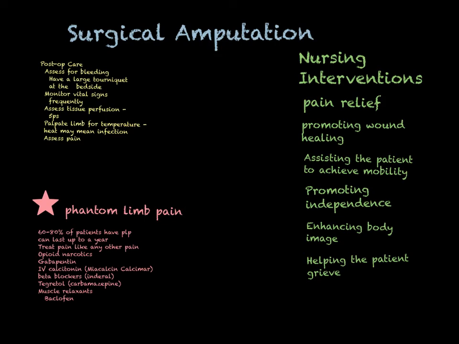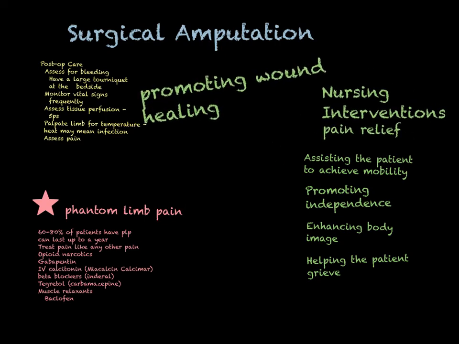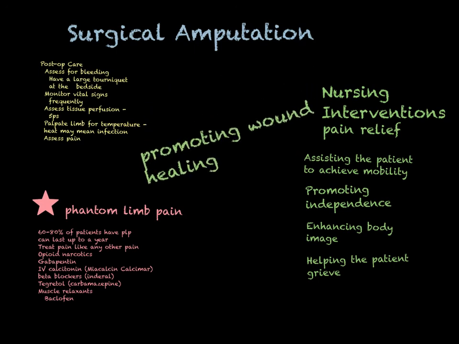The next thing that you're going to worry about is promoting wound healing. And that's sort of a really big focus of your nursing care. Usually that patient will come out of the OR, they will have a dressing, often 1 or 2 drains or even a Hemovac, and they'll have an elastic ACE bandage wrapped around the wound in a figure 8 kind of way.